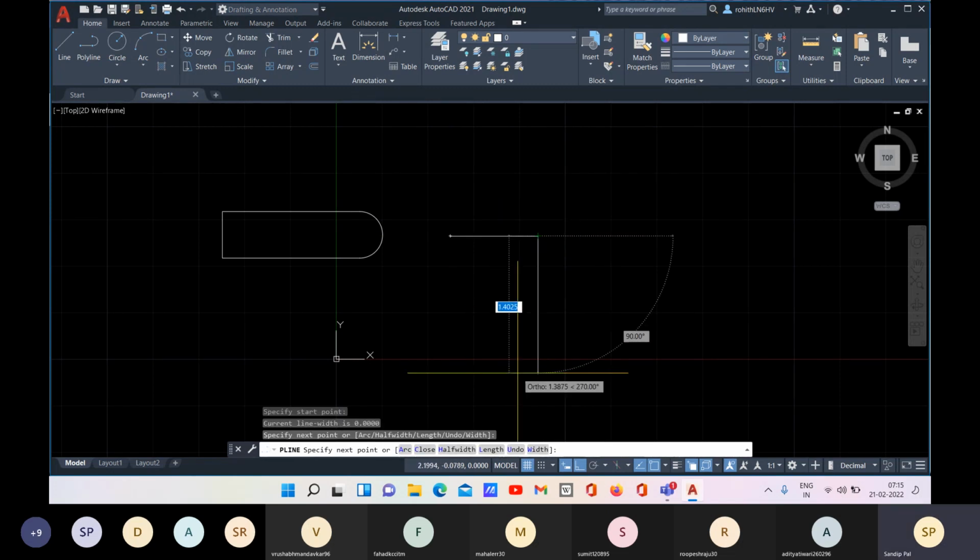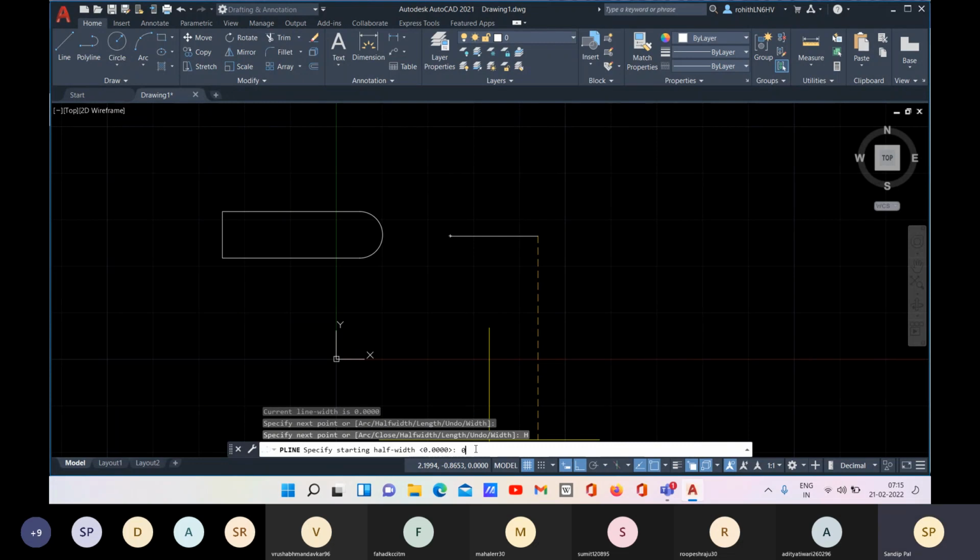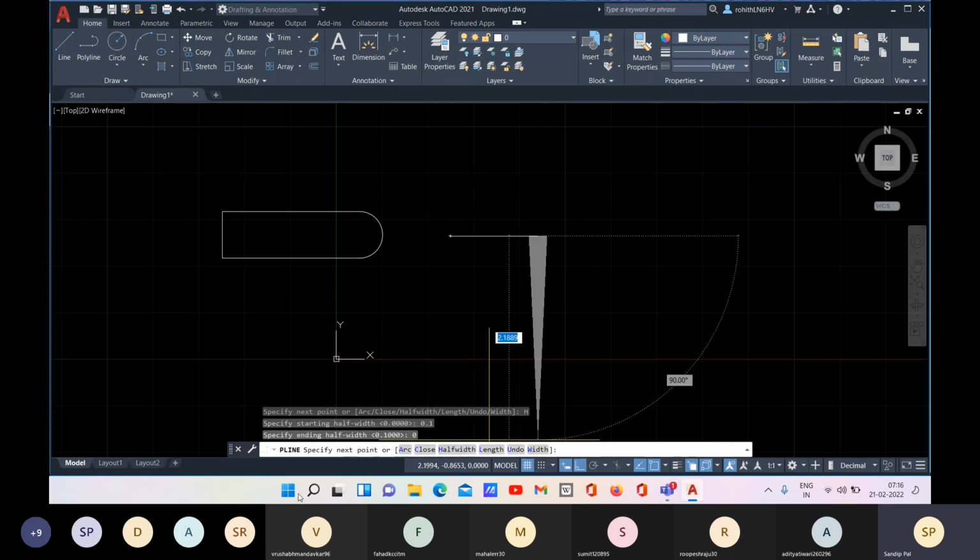Start point, give the length, and after that you can go with half width or width. If you are providing the half width for a total width of 0.2, then you can provide 0.1 here. And if you are providing 0.5, you can go with 0.25 here. So 0.1, let me show you. And for the ending half width, it will be 0 if you want to make the arrow.